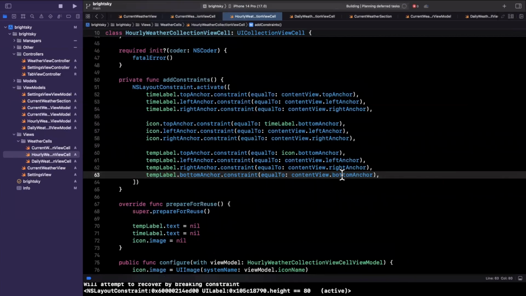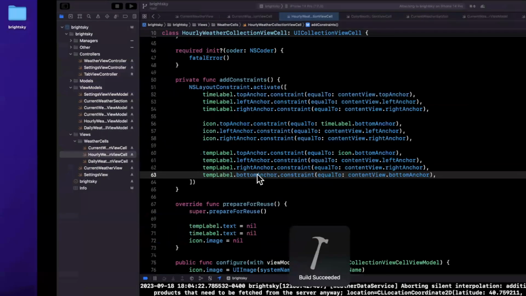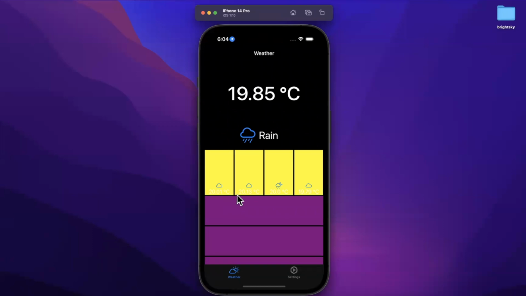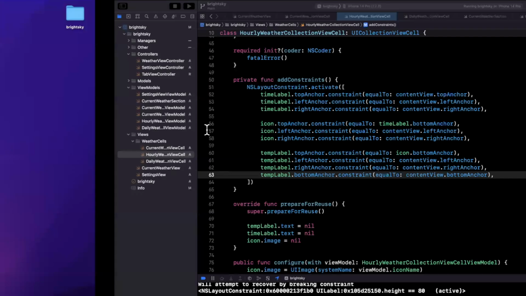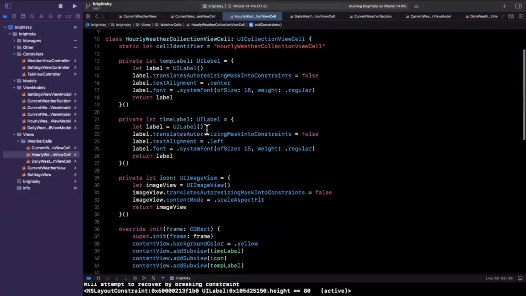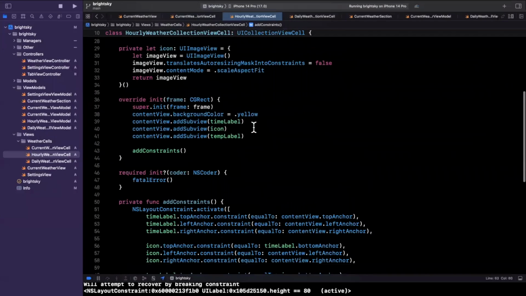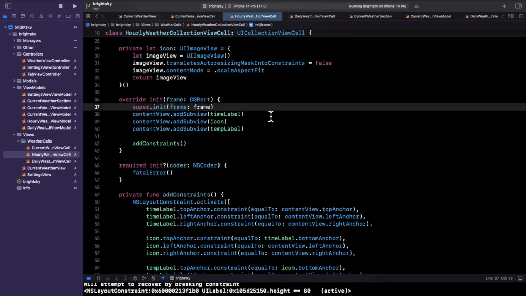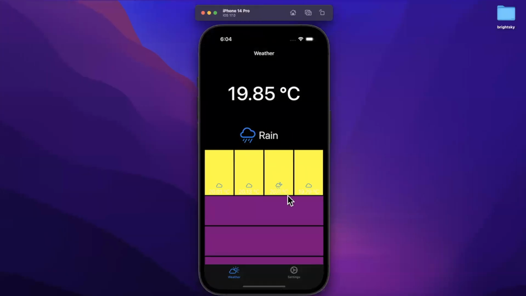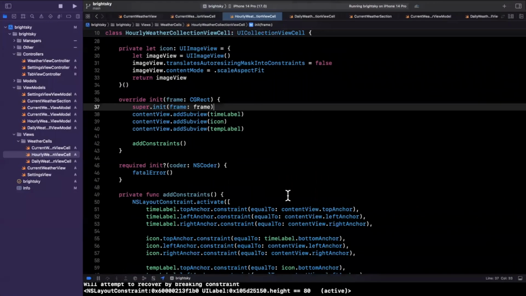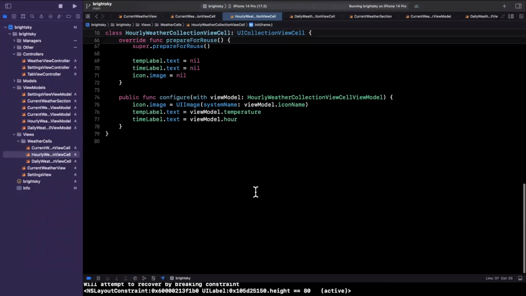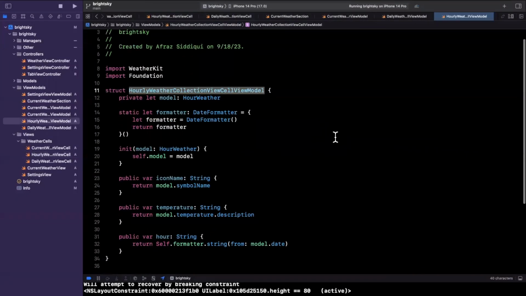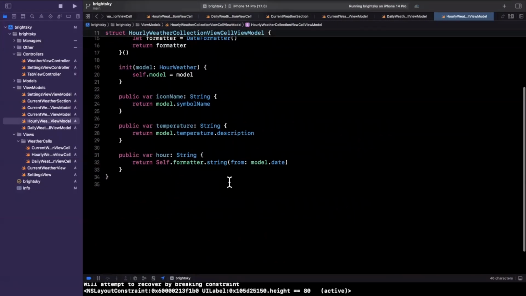So let's give this a build and run. I'm a little fast on all this. I'm hoping it's not totally screwed up. It looks like it kind of is, so let's see what on earth is going on. So first and foremost, let me get rid of this obnoxious yellow color. I do see the icon here as well as the temperature. One thing that I don't see is our time, which leads me to believe that our formatter here is not